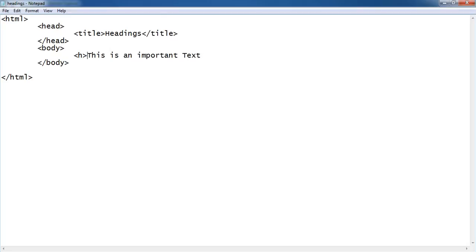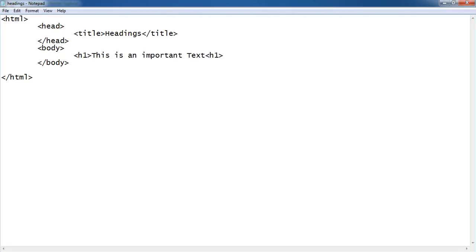Why? Because HTML supports 6 different types of headings. As this text is very important to me, I will keep this text as the most important one, the first one, that is h1. That means that apart from the other text on my web page, this particular text has more preference.